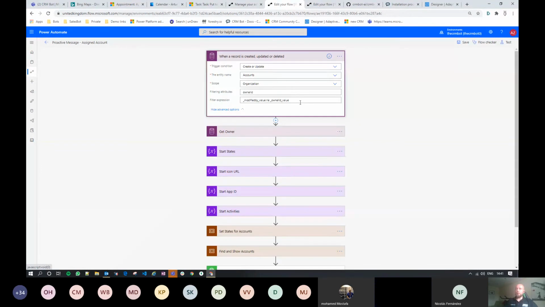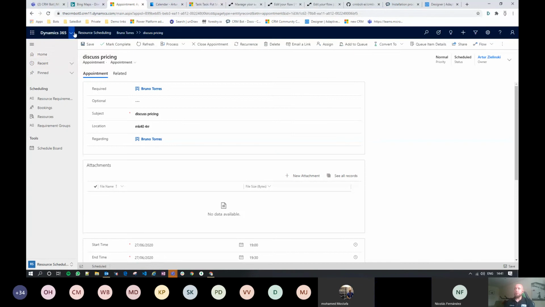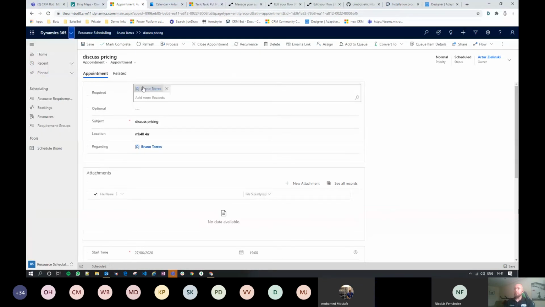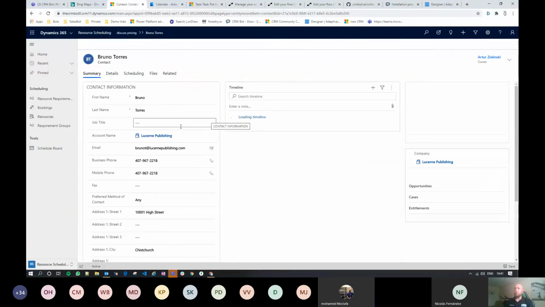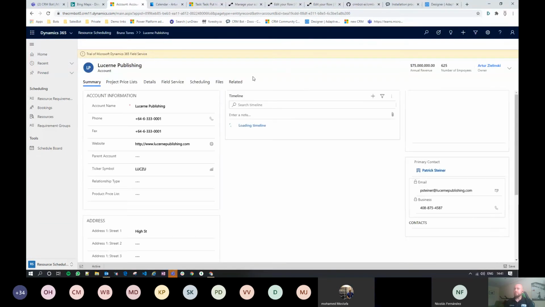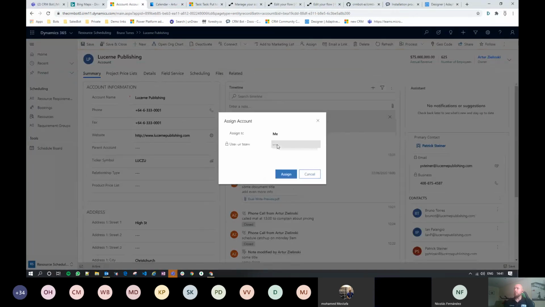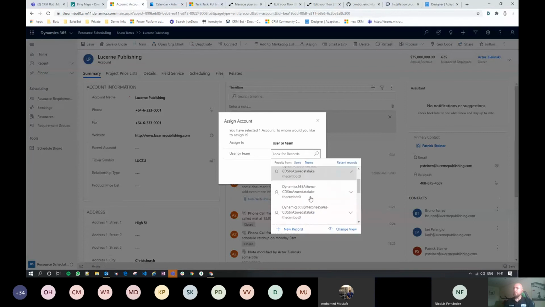So if I just for a second take away this filter and save, okay, that's now saved. And if we go into, let's actually open Bruno and go to the Lucerne publishing. And let's assign it to somebody else. Okay, who can I assign it to?